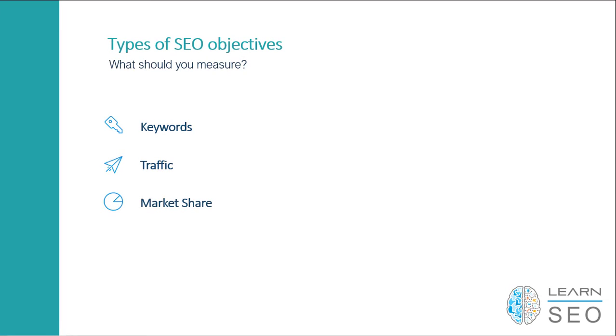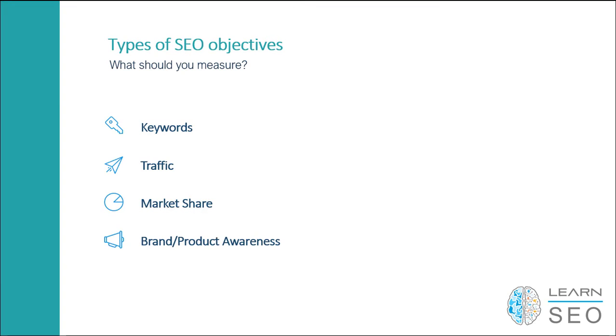Next, we look at market share. Market share is essentially saying, if the search terms that we've identified are generating a certain volume of searches per month, per quarter, or per year, we want to look at how much of that market share, or market search, we're actually attracting to our website today. And then we set a benchmark to say how much market share we would like to achieve in time. That becomes a metric that we can set, as well as look back, measure, and see how we've performed.